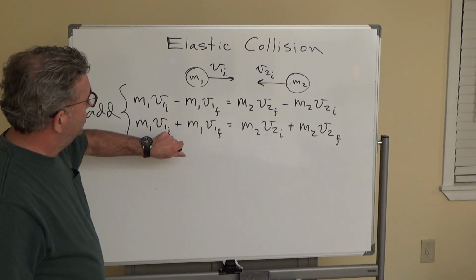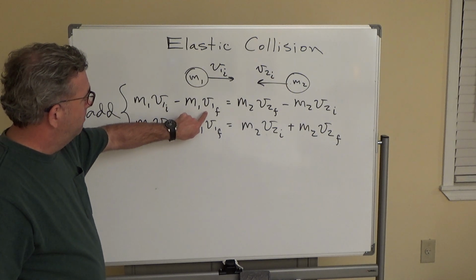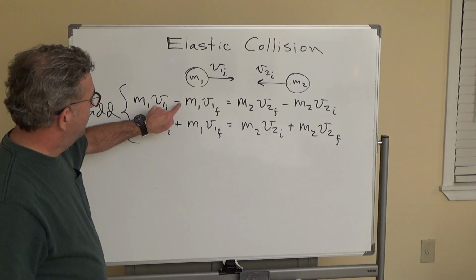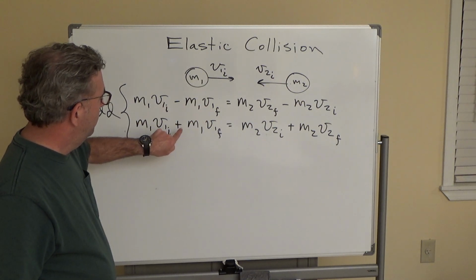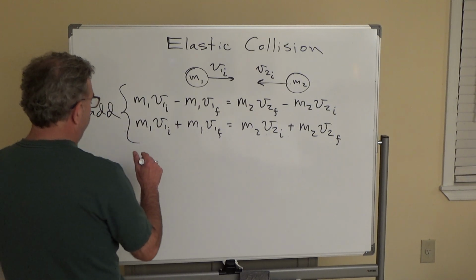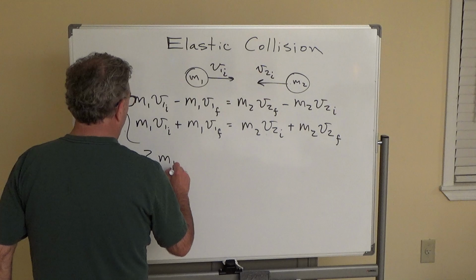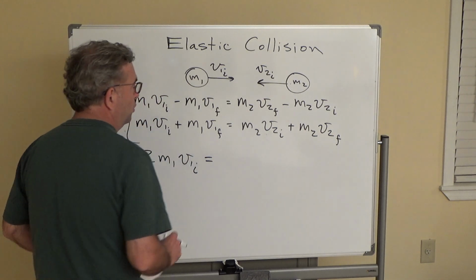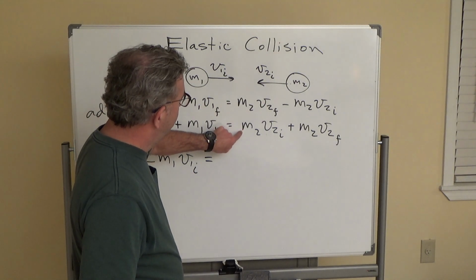By adding these two, I can get rid of V1 final because I have a minus M1 V1 final and a plus M1 V1 final. On the left side, you get 2 M1 V1 initial is equal to, when you add these together,